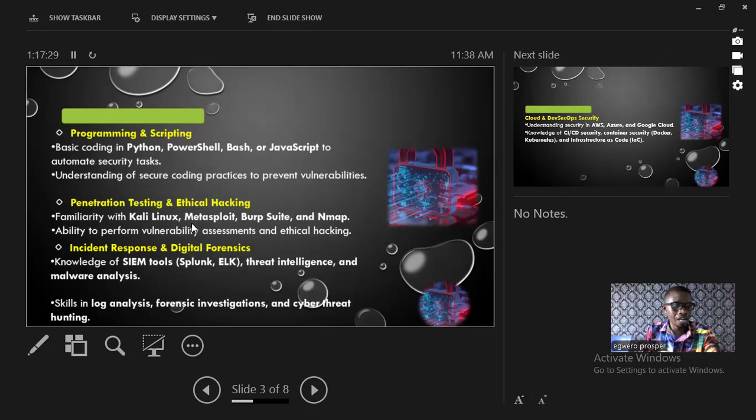Familiarity with what? Kali Linux is part of the cybersecurity skills that are required under technical. Metasploit, Burp Suite, a web application for performing web app penetration testing. Then we have network mapping, which is one of the methods we use in gathering information from a known computer. All this will take them, we have their practical what?